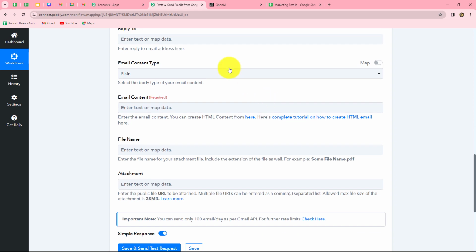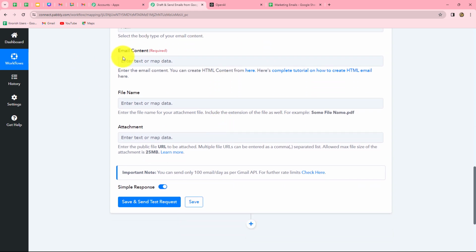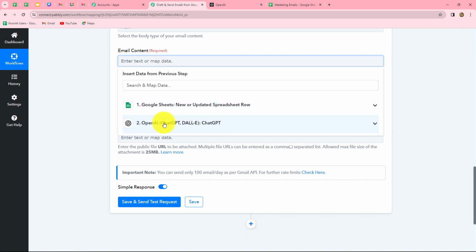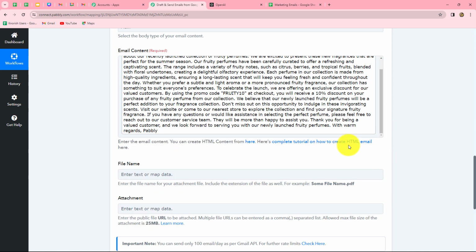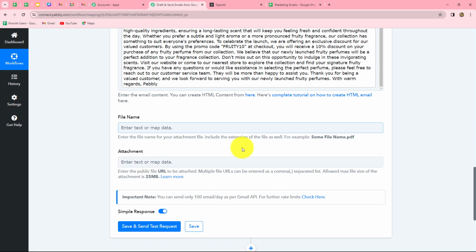The next is the email content type, which will be plain, and here we need to enter the email content. Okay, we have already generated the full email content by using OpenAI. We will simply map that generated content over here. Done. So this is the content, and now if you want to attach a particular image along with this email,